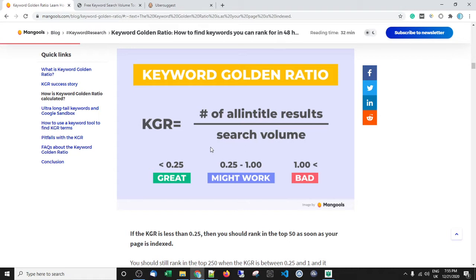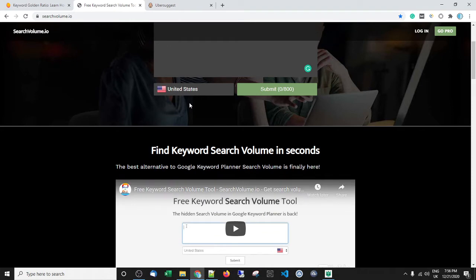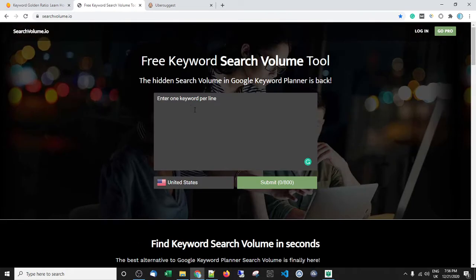You've probably got a keyword tool in your arsenal, but if not, I've got some suggestions here. There's a brilliant tool here called Search Volume IO. Again, I'll put the link in the description. These guys have given you access to put up to 800 keywords in. You can just copy and paste 800 keywords in, and it's going to spit back out the keyword and the search volume. Then you could take that and put it in Excel or anything like that, and just make sure that your cut down list is for keywords that are 250 or under in search volume.